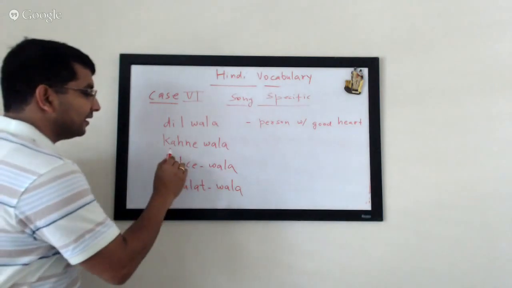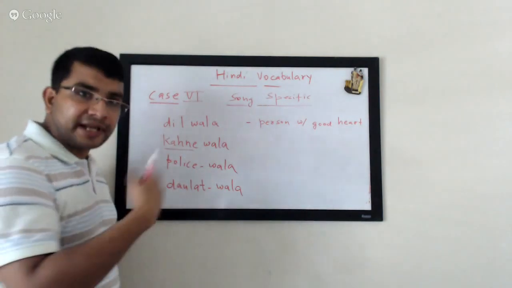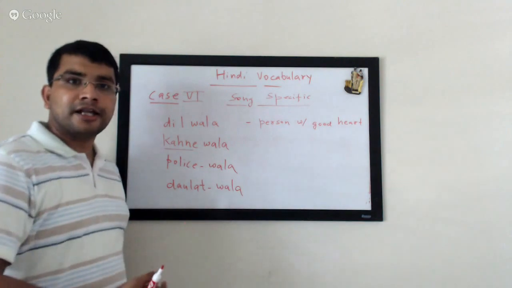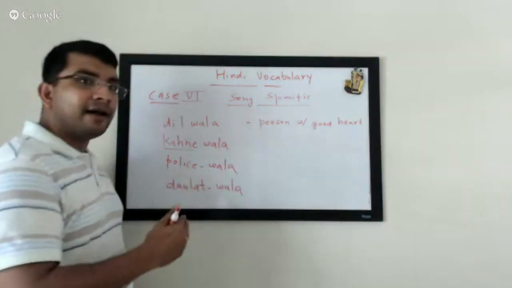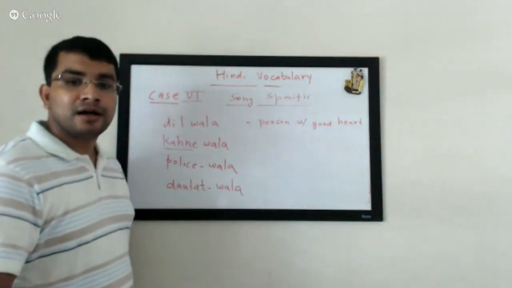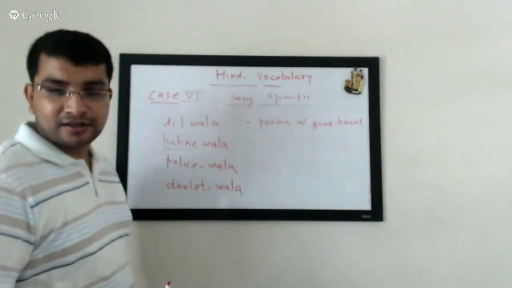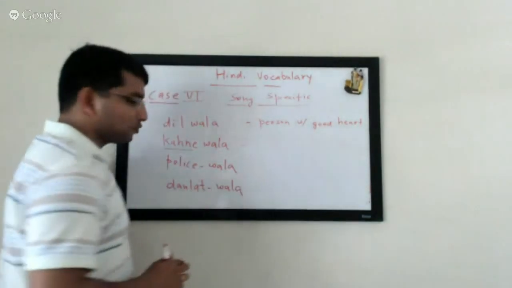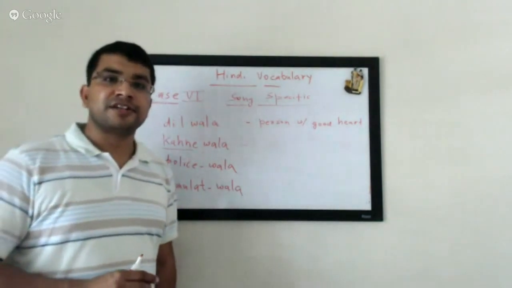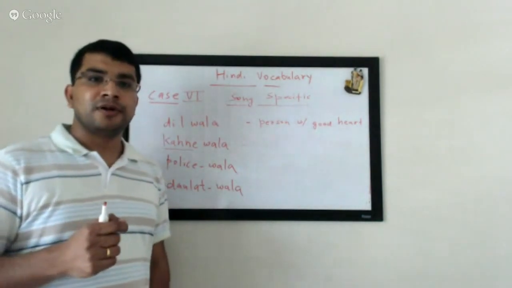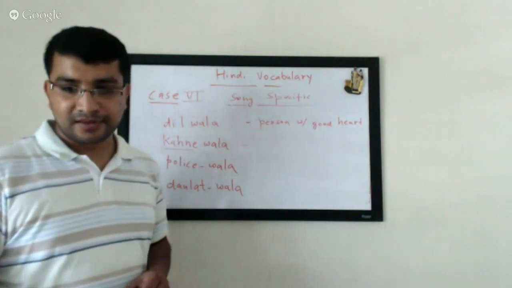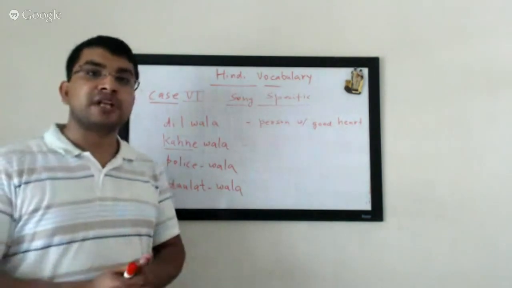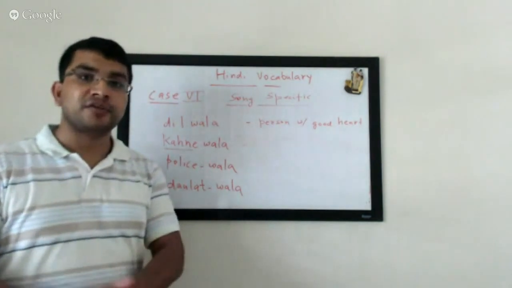Okay, good hearted, or person with a good heart. Kehna is to tell, right? But remember, we covered one case where we had verb and wala. So कहना plus wala is कहने वाला. So it would mean... So how will you say storyteller? In Hindi, story is kahani, right? A storyteller would be kahani